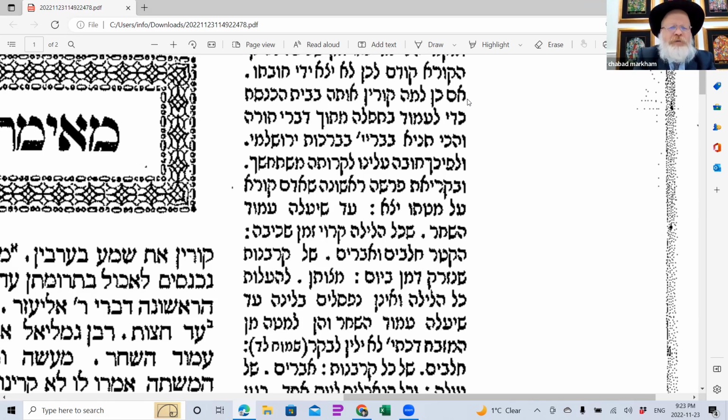What is the purpose? Why do we say the Shema? Maybe we should drop the Shema from Ma'ariv if we're saying it earlier, but we don't. He says no, because it's good to start davening with a little bit of words from Torah. So you say the Shema and then the Amidah at Ma'ariv, even though it's not yet the time for the Shema. But when are you going to fulfill the mitzvah of the Shema?